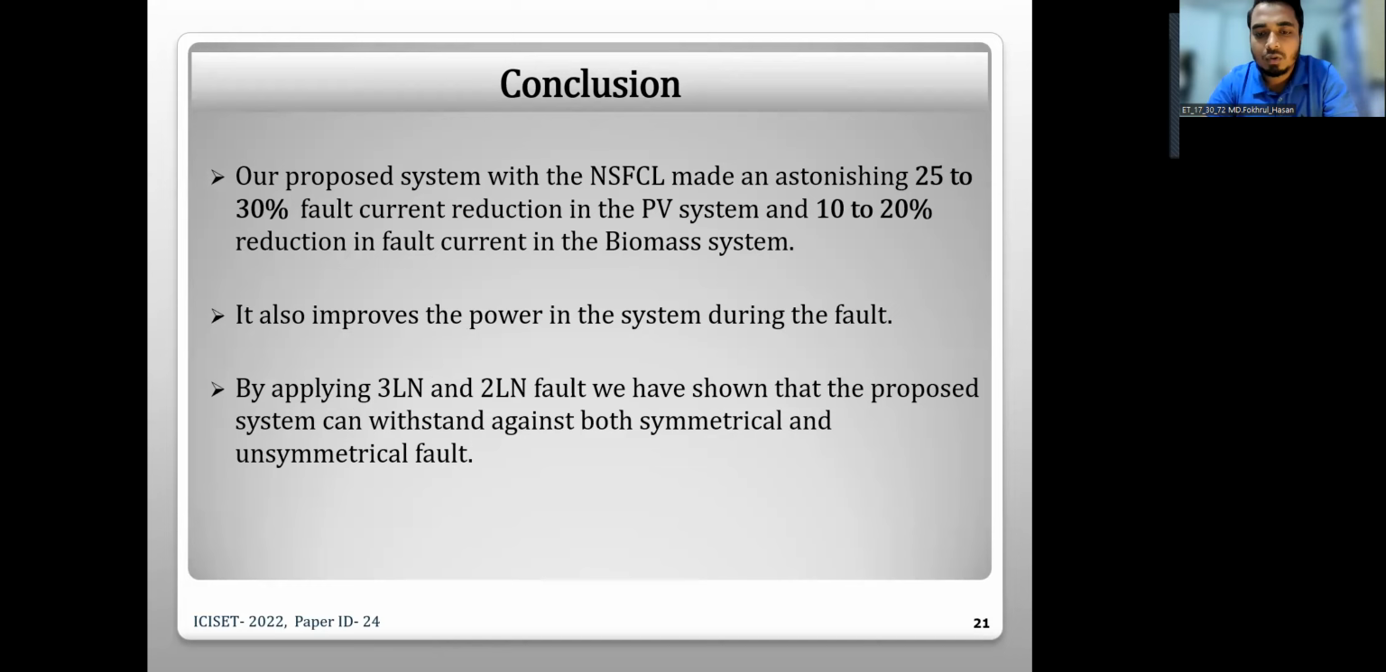In conclusion, we can say that renewable energy source based generating systems are much more environment friendly than any other generating system. Our simulation results show a good percentage of improvement in fault current